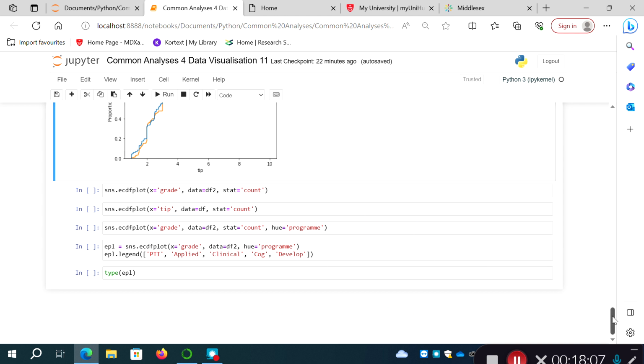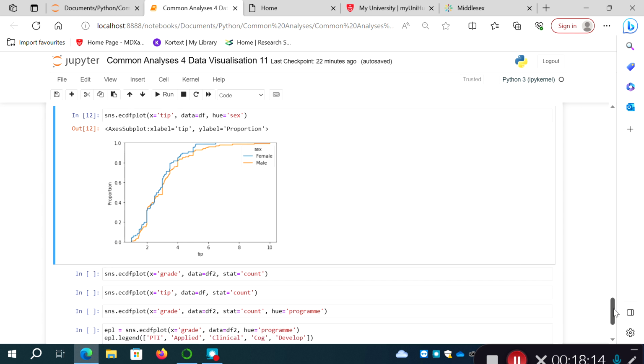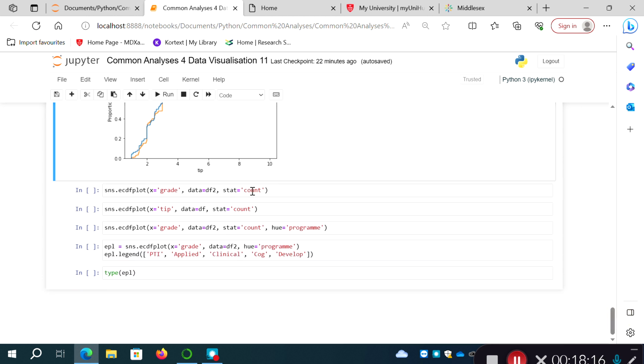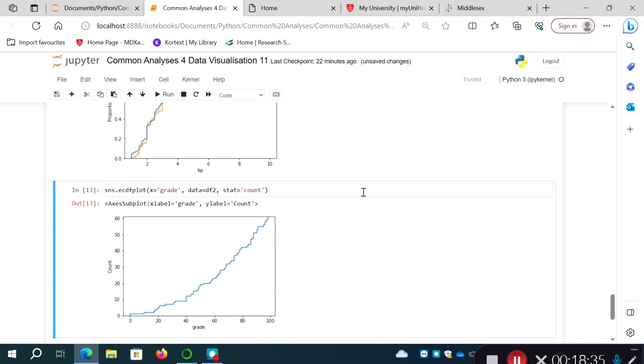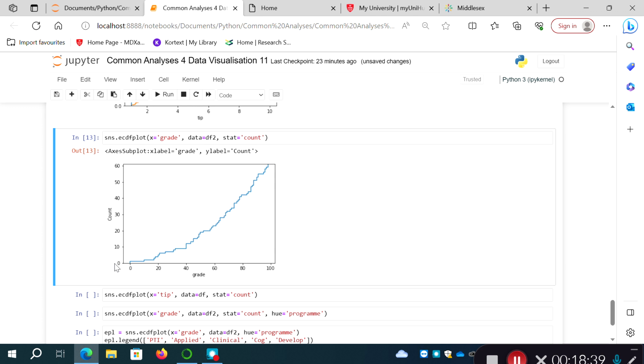Okay, so far everything we've looked at has presented the proportions of our data, but we can actually change that by using this stat argument. I'm going to create the plot for the grade data. I'm taking the hue argument out, so we're just looking at the single plot. And rather than presenting proportion on the y-axis, I'm going to present count. And there you see, it gives us the same plot, but rather than seeing proportions, we're seeing the actual count